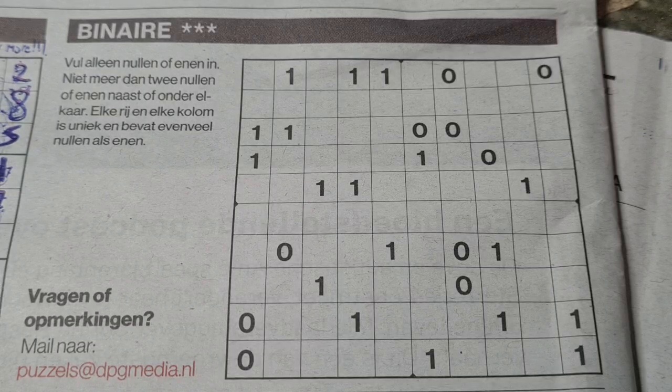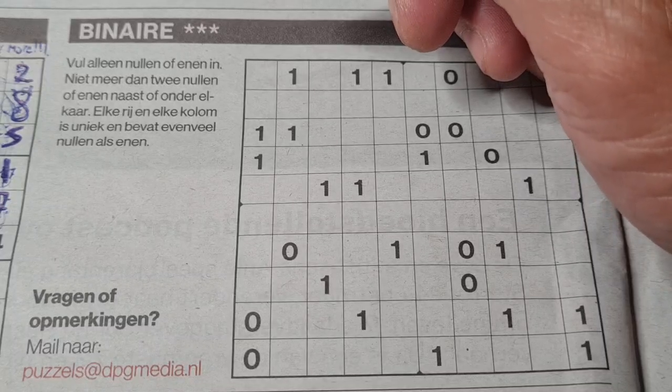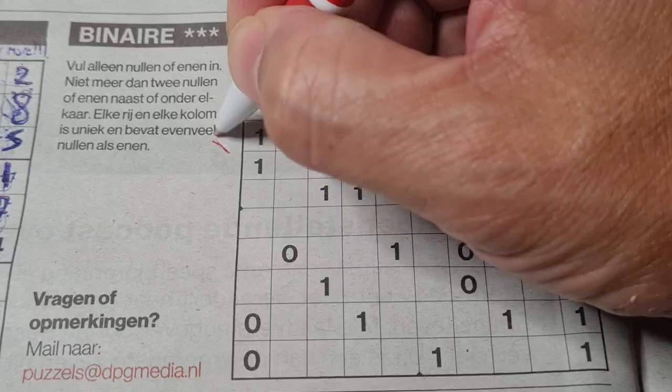And the news of today, war day number 882. Yes, 882 days ago the war started in Ukraine and everything has been changed in the world. Yes, all right, this one will be number